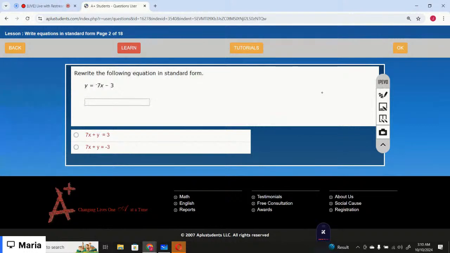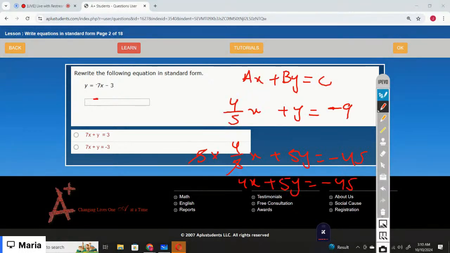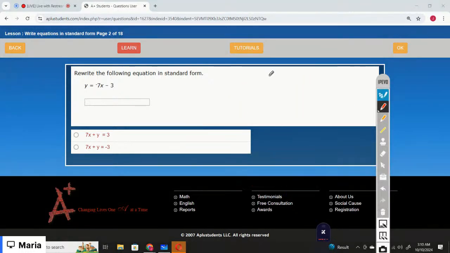Okay, the next one is y equals negative 7x minus 3. So we need to rewrite this equation in the form ax plus by equals c. So just rewrite this equation, that is y equals negative 7x minus 3. You need to write it as ax plus by equals c, right? Move 7x to the other side. y plus 7x equals negative 3. That is 7x plus y equals negative 3. Got it? The correct option is option number